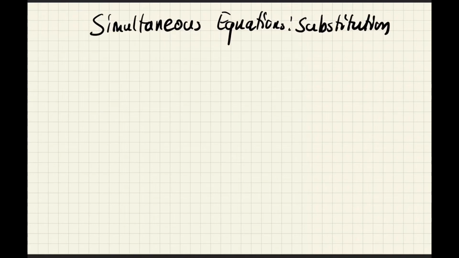In this video, we are going to look at how to solve simultaneous equations using the substitution method. So once again, let's dive straight into an example. Let's say we have y is equal to 3x plus 1, and let's say we have x minus 2y is